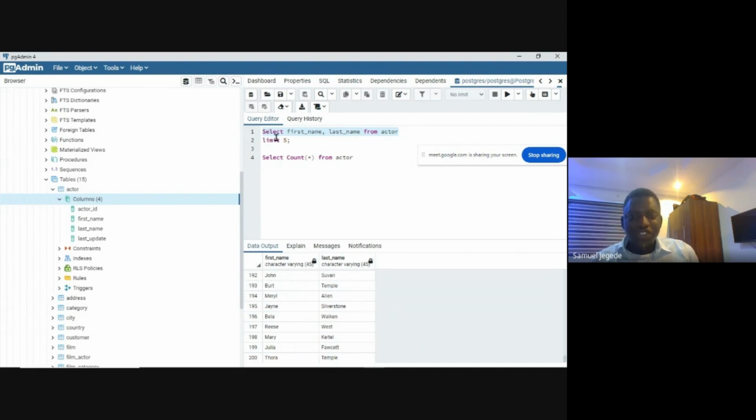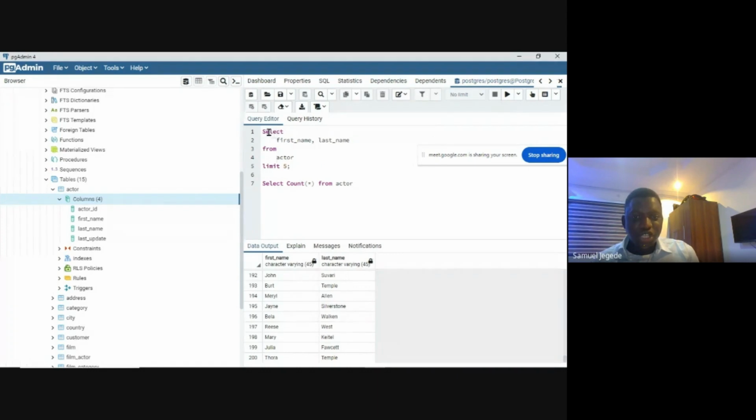So the limit 5 is just a continuation of this. You can also add it somewhere here. There's something called indentation. You can't just write things like this. In fact, the way I wrote it initially is meant to be like this. You are meant to do this. This is how it's meant to be. This is actually how I'm meant to write it. So there's a way we write things.